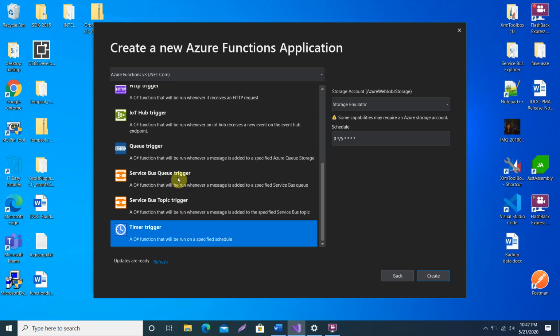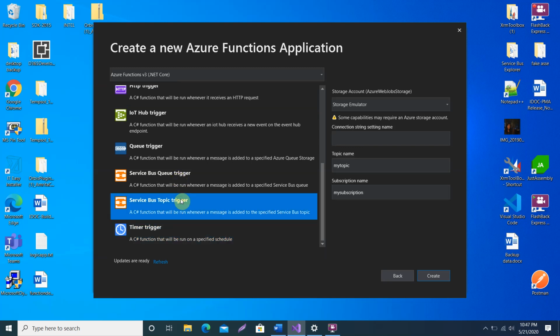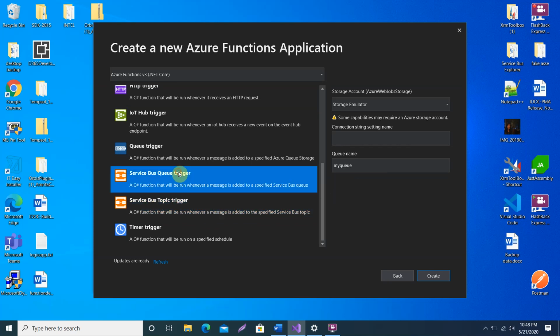Suppose you want to run your Azure Function when any message is dropped to your topic in a subscription, then you have to create the service bus trigger Azure Function. On the service bus we actually have two concepts, queue and topic.